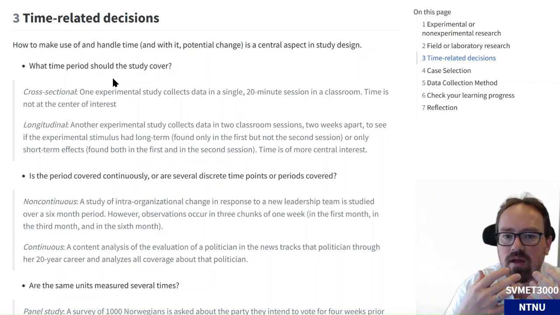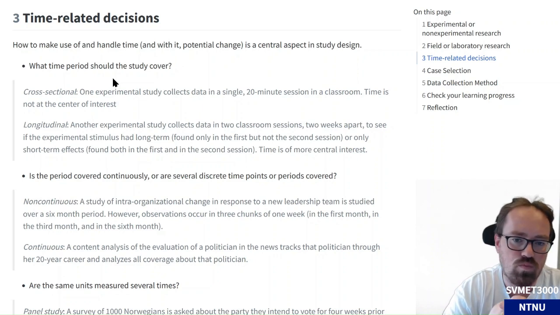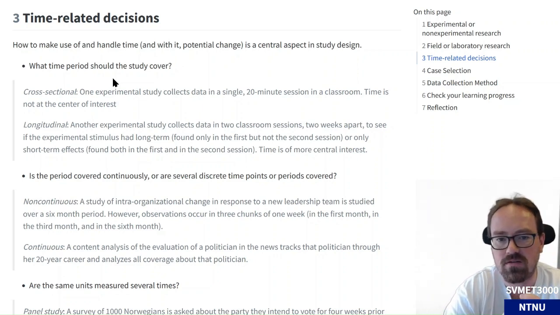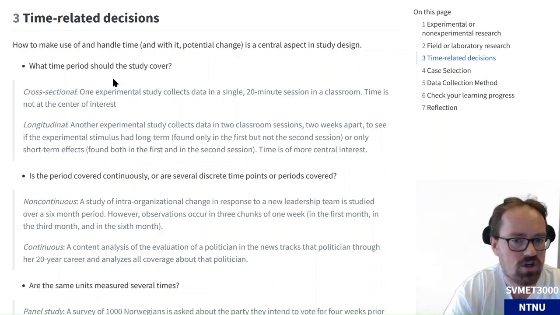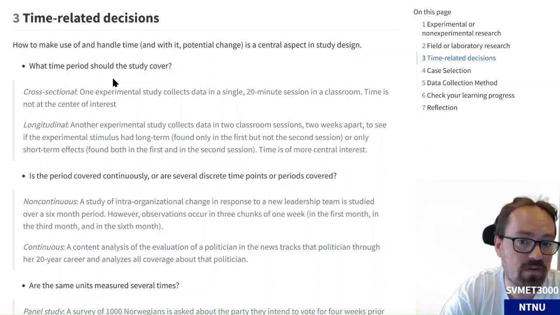But the potential change can also be an asset for studies, creating sometimes something like a natural or a social experiment in the course of a study that we planned for or that we probably didn't plan for. After all, what we want to explain is usually that things vary or that things change, and observing that change can be very helpful in